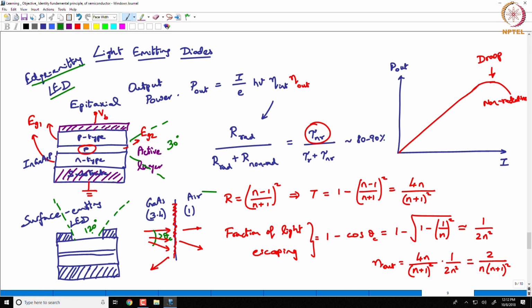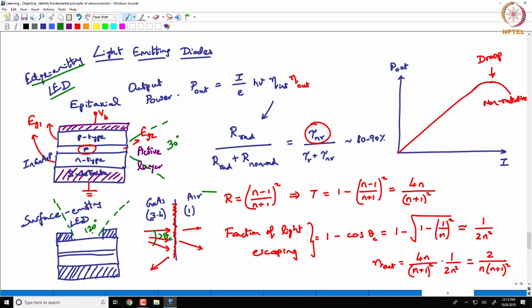Whereas, if you want to just throw lots of light into free space, you do not worry about the mode quality and all that, you just want to cover a large area, you typically go for surface emitting LEDs. Like these LEDs that are emitting light, these are typically surface emitting LEDs. Do you understand the difference, right? So, lighting applications, surface emitting LEDs. For other applications where you want to couple into an optical fiber, especially a single mode optical fiber, you go for edge emitting LEDs.